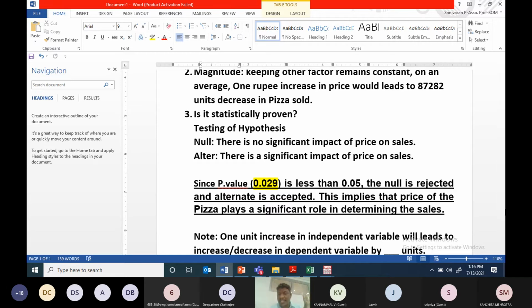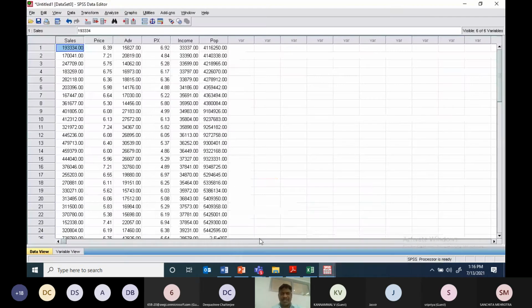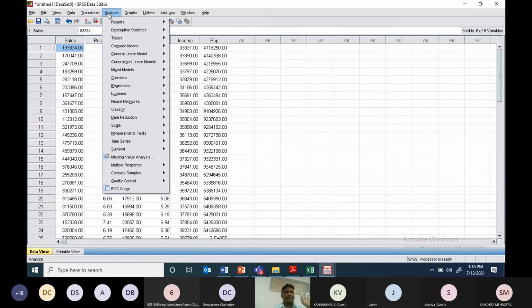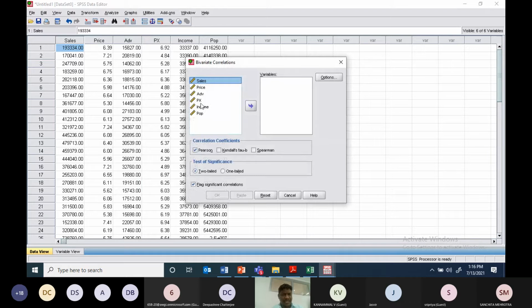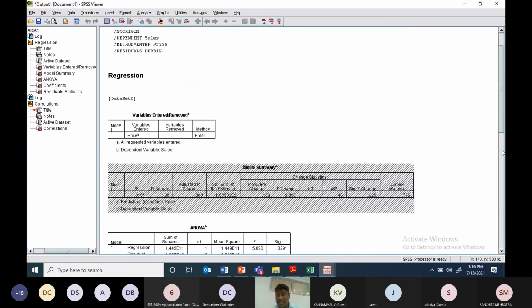I will show you now. Just see here. I'm going to the SPSS data sheet. I'll go to Analyze, Correlate. Madam, try to understand: Bivariate, same step. I am going to conduct a correlation matrix here. What is the purpose, you may ask me. I will tell you what the purpose is. I calculated the correlation matrix.